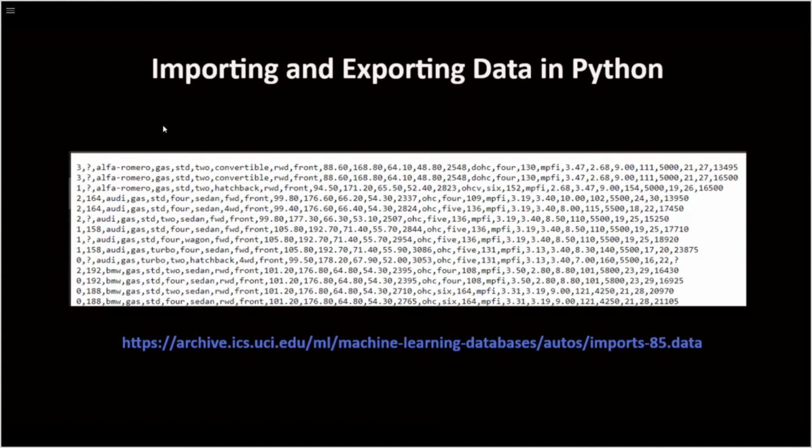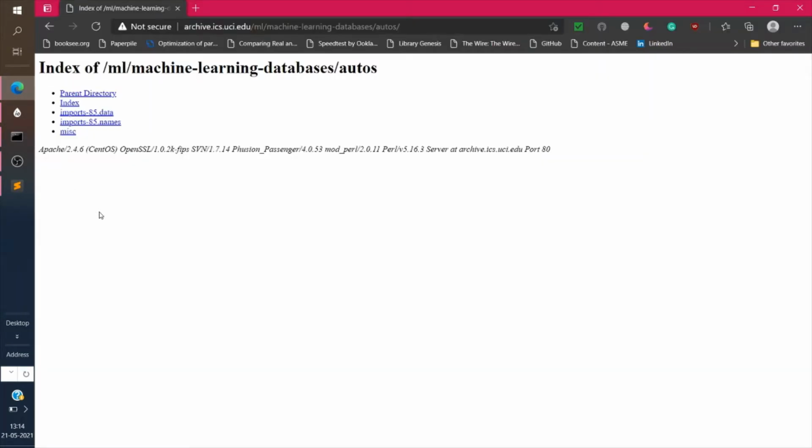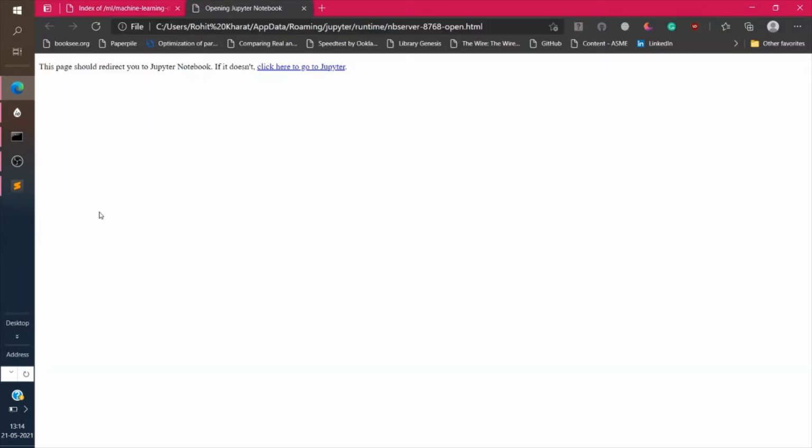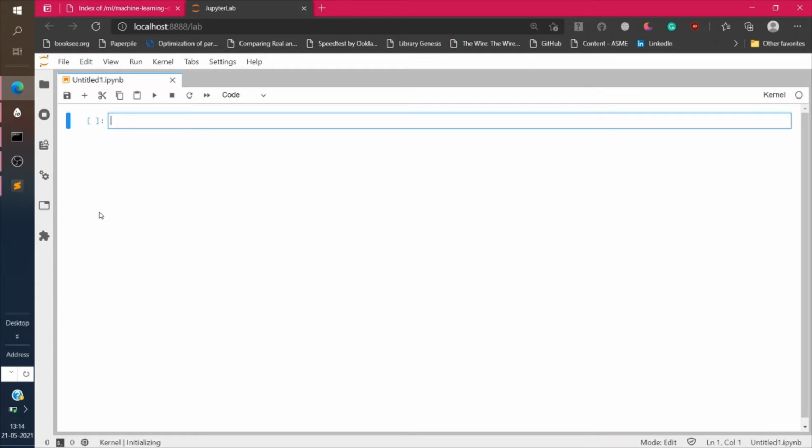commas. In pandas, reading data may be done in 3 lines, and to demonstrate this, I am going to use JupyterLab. To read data, you have to first import pandas.